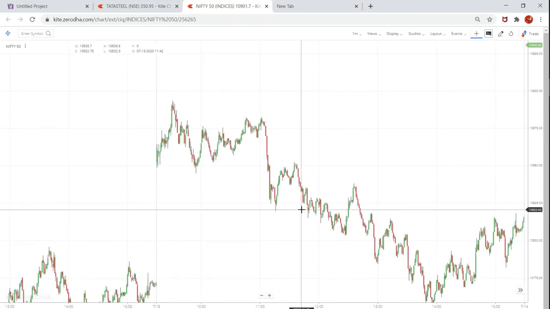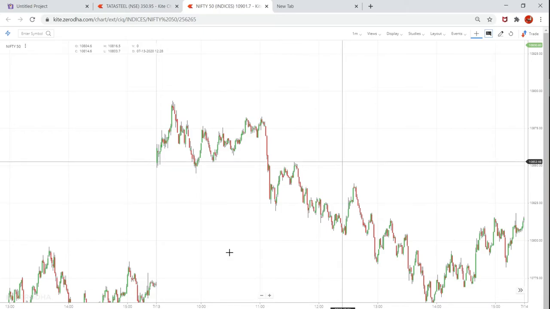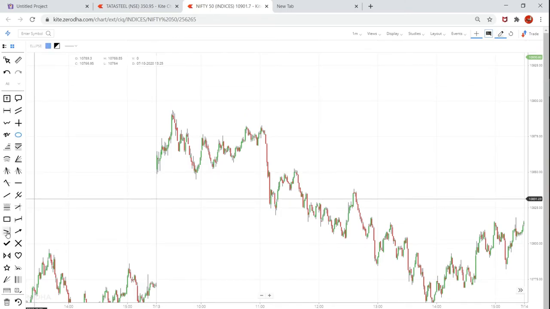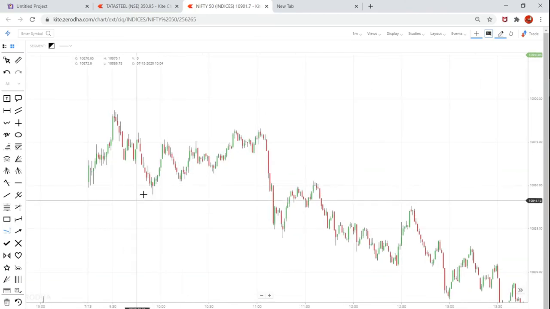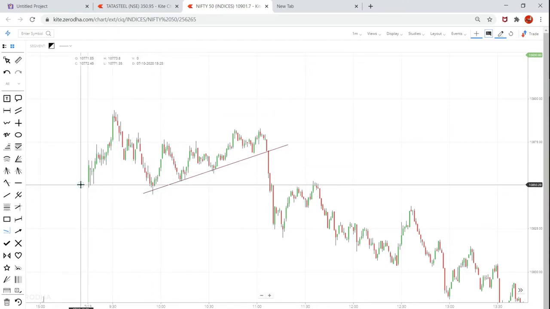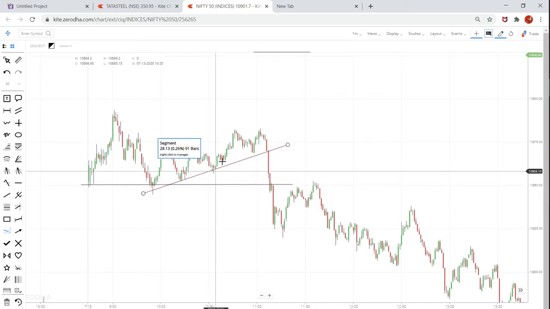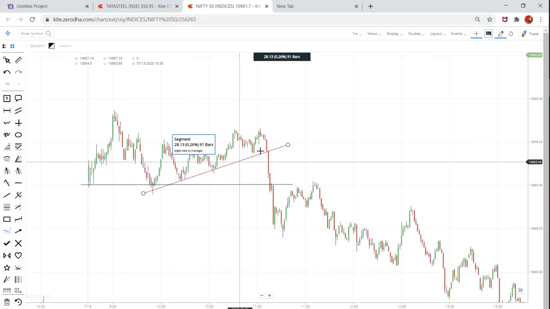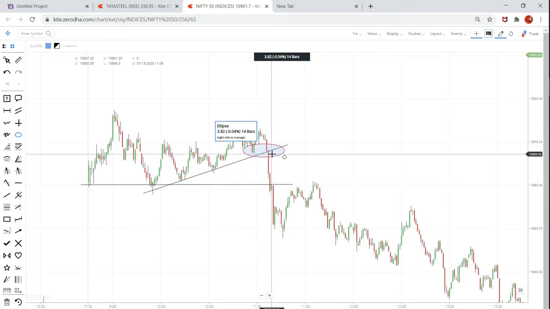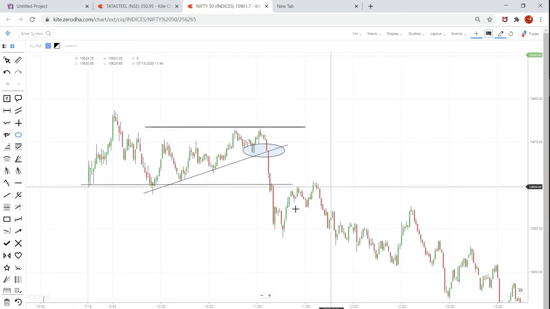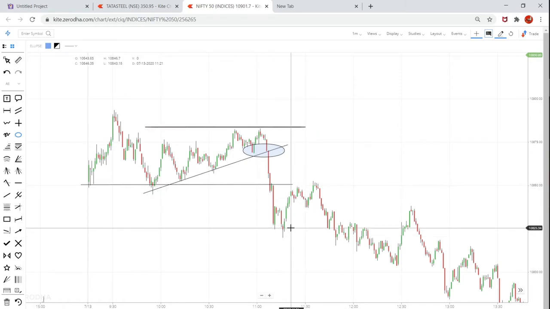So you have to keep observing these patterns and draw a trend line. If you come to 13 July, every day you will find these trend lines and patterns. Again the market has opened gap up, and if I draw something like this here, see it came to this level. This was acting like a support. From morning it opened up and took a support on this level, and every time it took a support on the trend line, and from here it broke this trend line, and it went all the way to 10,820, 10,825.